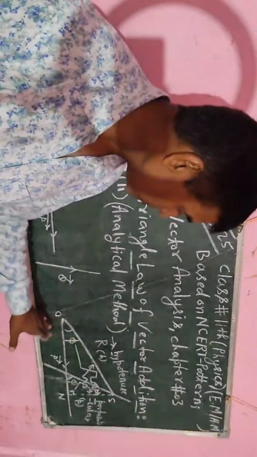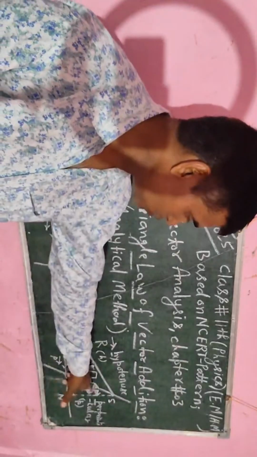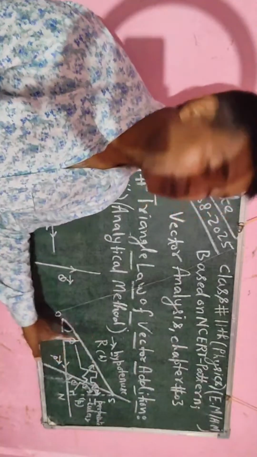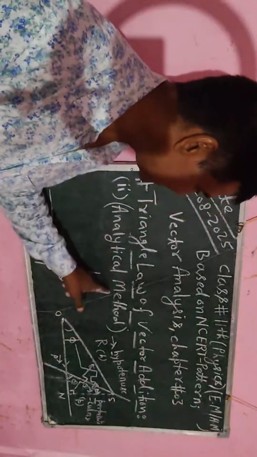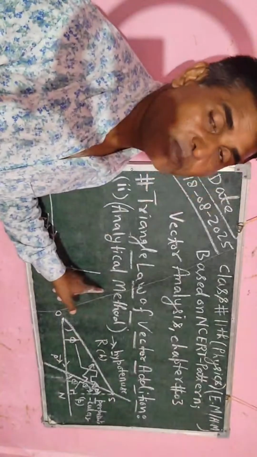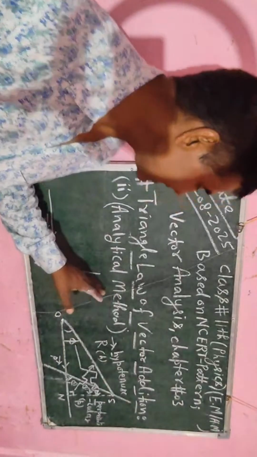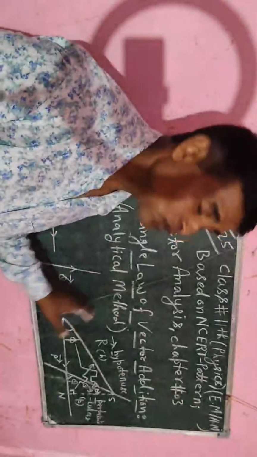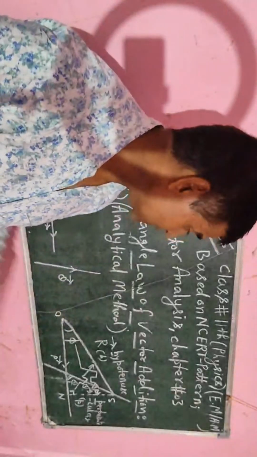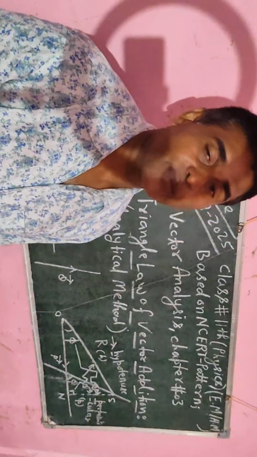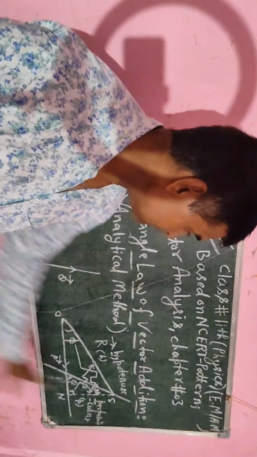क्योंकि हम वेक्टर P को ड्रॉ किए हैं, वेक्टर Q ड्रॉ किए हैं, इसका रिजल्टेंट वेक्टर R लिया है, लेकिन इस ट्रायंगल में हमको एनालिटिकल मेथड यूज करना है। एनालिटिकल मेथड में हम पाइथागोरस थ्योरम यूज करते हैं, लेकिन पाइथागोरस थ्योरम को अप्लाई करने के लिए एक कंडीशन होती है कि ट्रायंगल राइट एंगल ट्रायंगल होना चाहिए, मतलब समकोण त्रिभुज होना चाहिए।